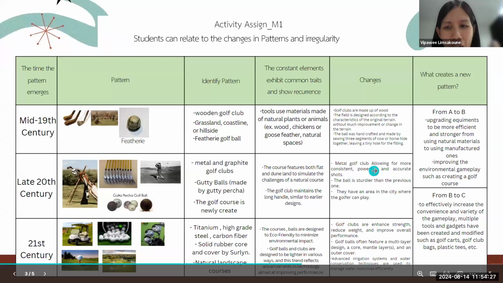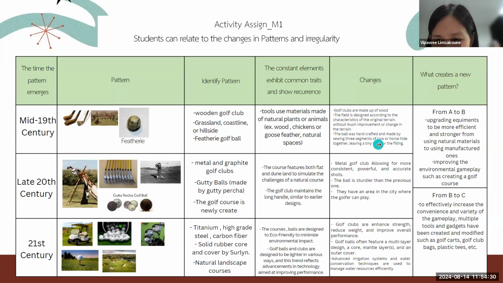For the first one, pattern A, you have mentioned that the ball could be made from maybe cow or horse later, and that could be the change in the pattern that we can clearly see, right? Or even the golf club could have different types. I can see 3 different types of golf club here, so that could be something that has been developed during that time. Yeah, that part is fine.